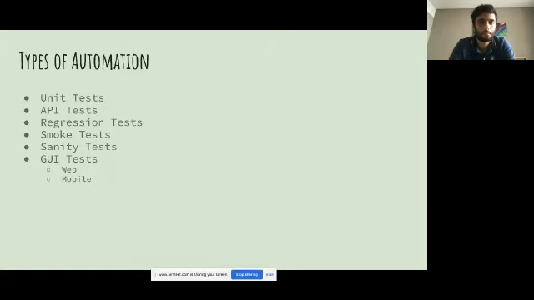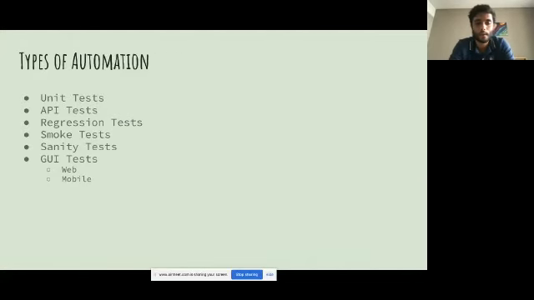The first type of automation testing is definitely the unit test. I think these days unit tests have started picking up a lot of interest across companies. Unit tests are the tests written by devs, mostly to test the quality of the code they write. Basically, they test their unit parts of the code. It's not mostly functional, but rather the quality of the code. So yeah, those are your unit tests.